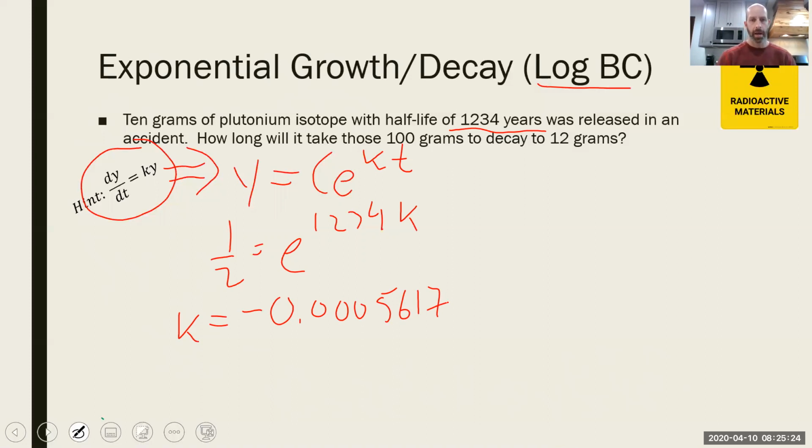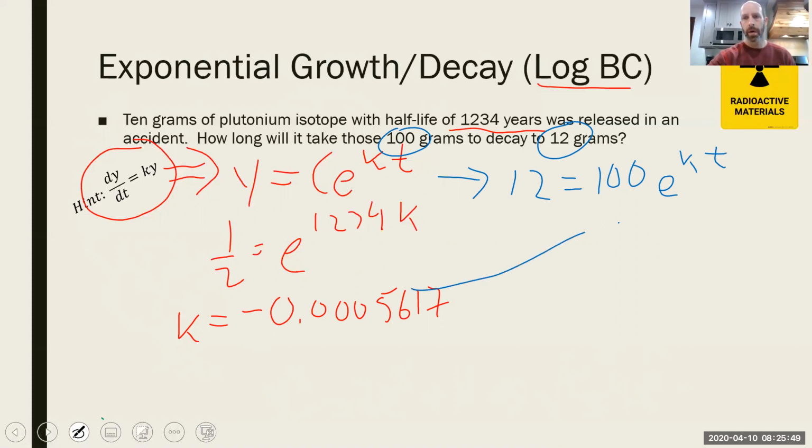Now that we've got k, we can use that information to figure out the rest of our answer. So now we're going to use this equation and the information that's given in the problem. So we are going to write, we want to know how long it's going to take 100 grams to go to 12, and then e, and then k, up here, and then t. Now keep in mind, we know what k is. And since we know what k is, t is the only variable. And again, I'll let you finish out the work, but t turns out to be